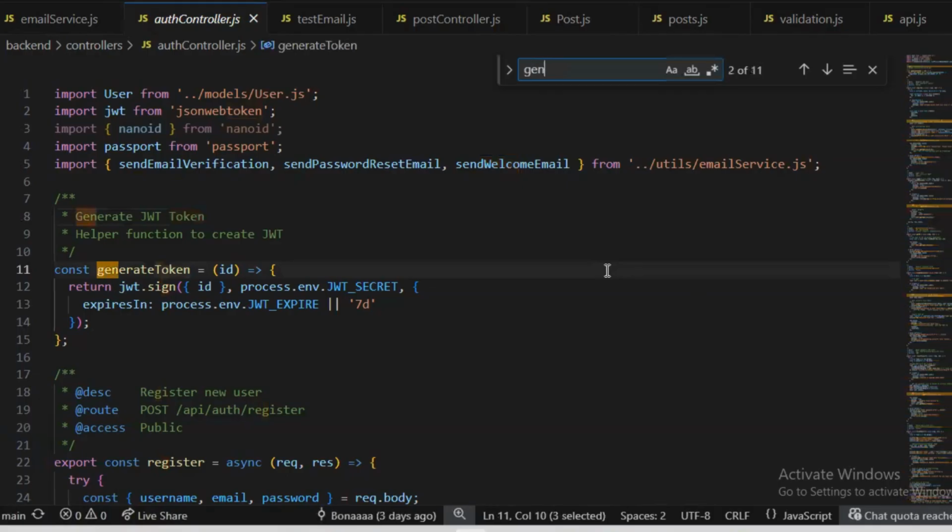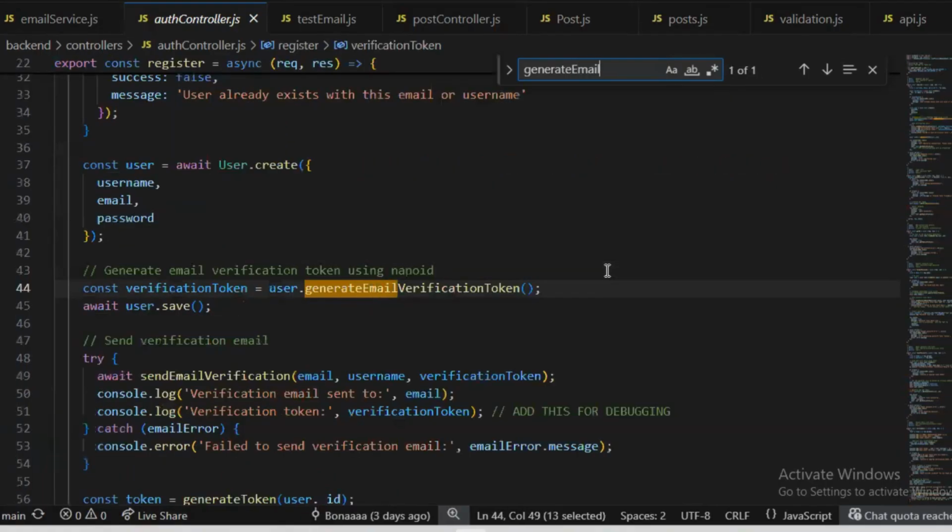During registration we will call user.generateEmailVerificationToken, where this method in the user model uses NanoID to create a token. Then we pass the token to our previous email function.